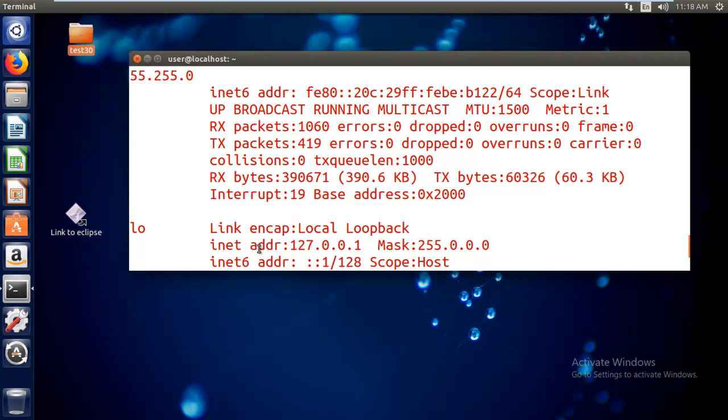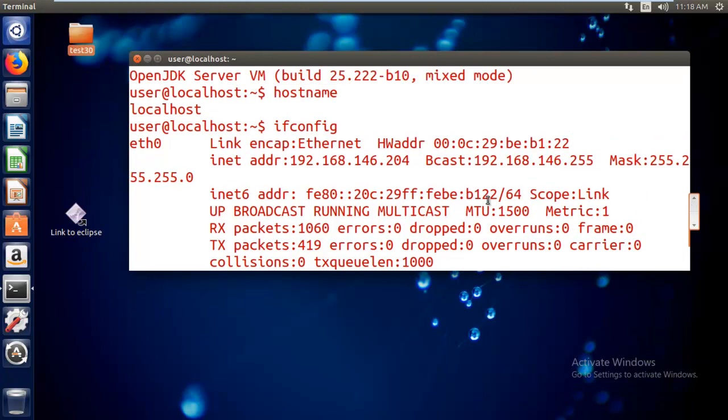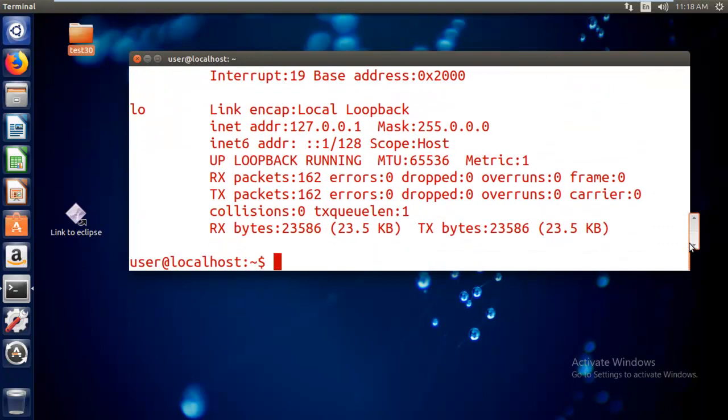Here you can see very clearly this is the loopback IP address, and here you can see the IP address also, 192.168 like that. This is very much needed when you're trying to connect this machine with some other machine in the network. Okay, that's fine.